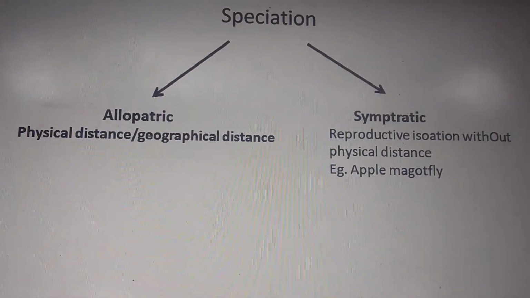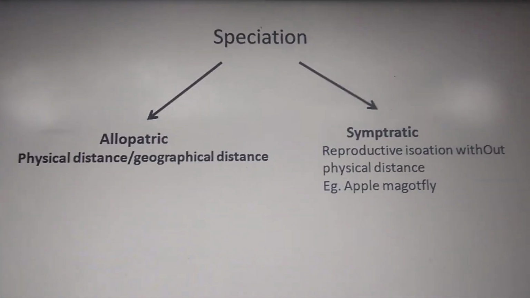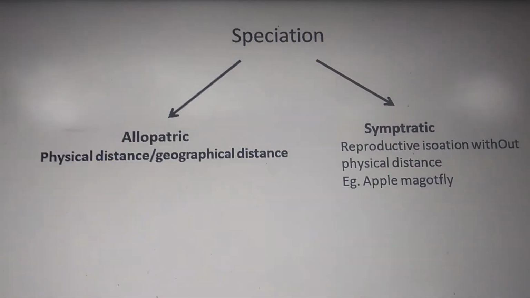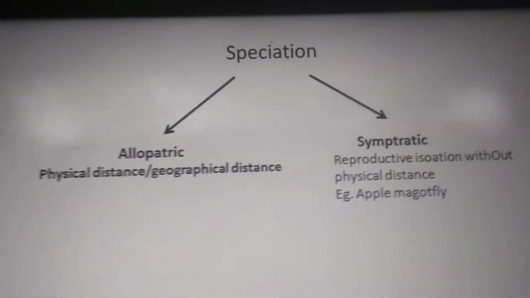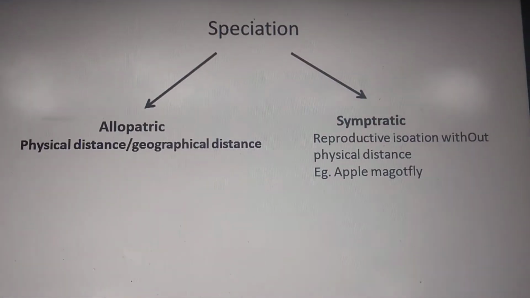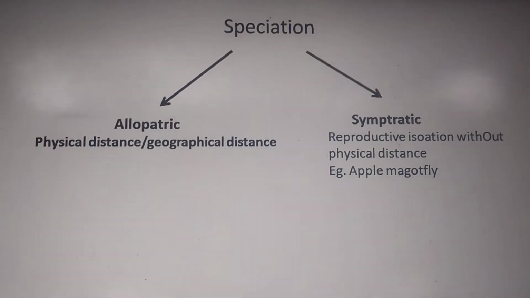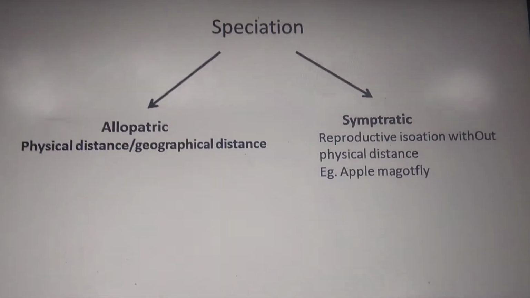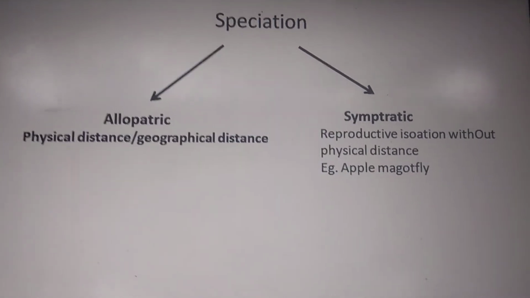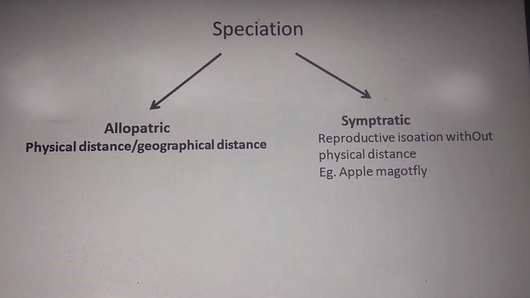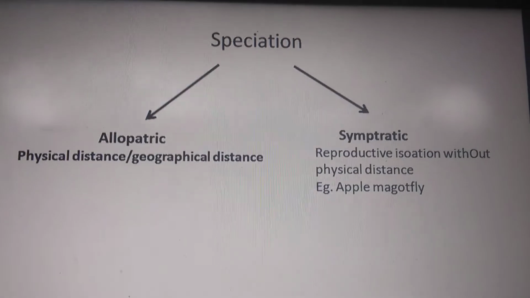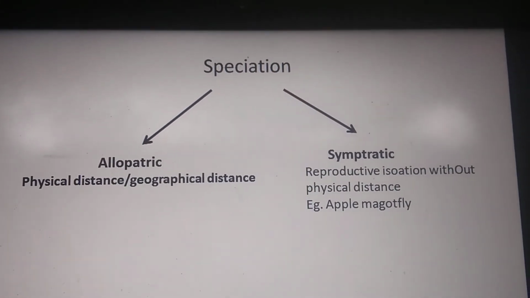The individuals residing on one side of the mountain and the individuals residing on the other side of the mountain became so separate in their ecological niche, in their food habits, in their everything, that they eventually become a different species altogether. It may take millions of years. Okay, it is not going to happen overnight, but it might take millions of years. But after millions of years, this physical barrier of the huge mountain will create two different species on its two